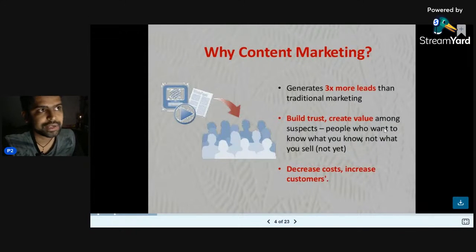So why exactly content marketing and not other types? Definitely you should use every type of digital marketing, but what I like about content marketing is that it nurtures your audience. If you educate your audience before trying to sell something, it is easier to sell to them. Here she has mentioned that content marketing helps you generate 3x more leads, and I will tell you why.